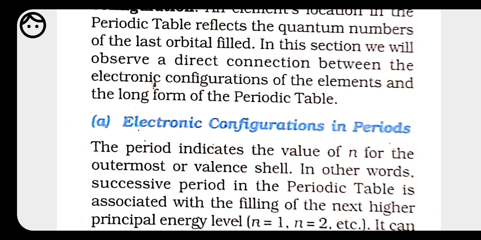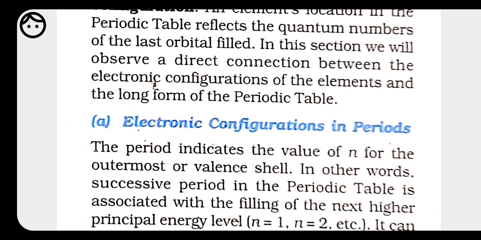The second period starts with electrons beginning to enter the second energy shell, that is n is equal to 2. Here we have 4 orbitals, 1 for 2s and 3 for 2p. We know p has 3 orbitals, that is px, py and pz. So 1 for 2s and 3 for 2p, total 4 orbitals to be filled, which can accommodate 8 electrons, because each orbital accommodates 2 electrons. So it means the second period has 8 elements in it.